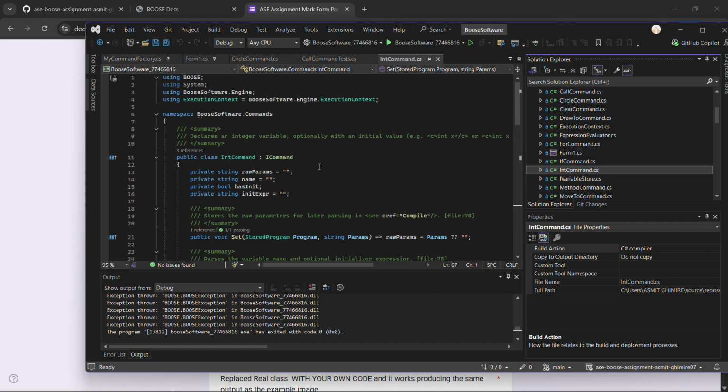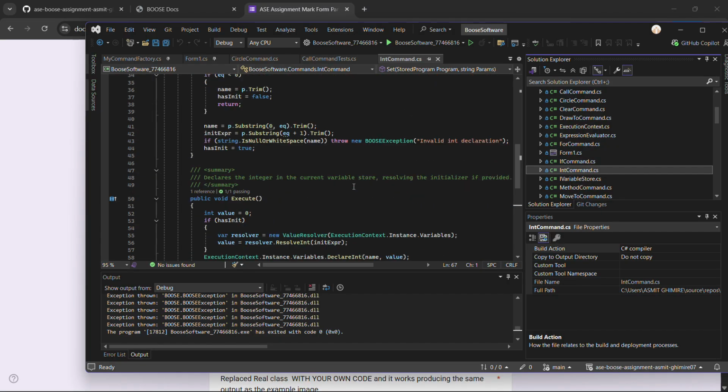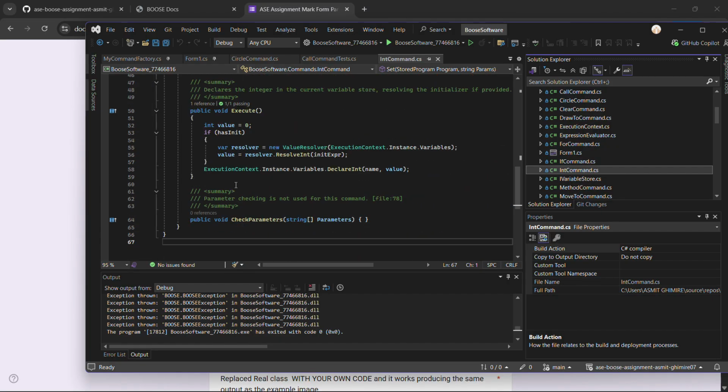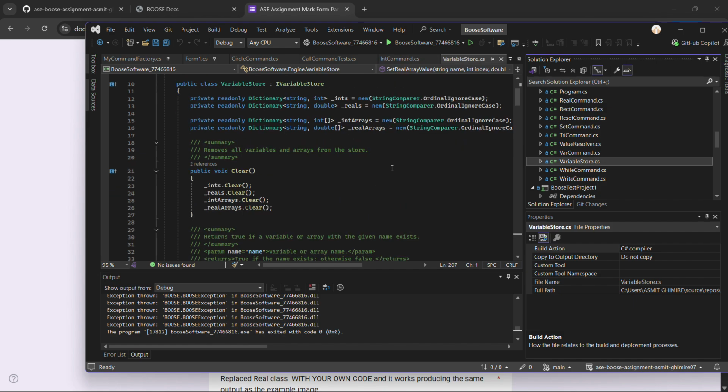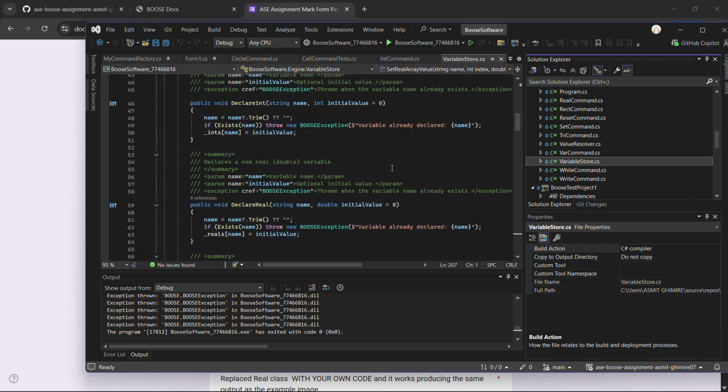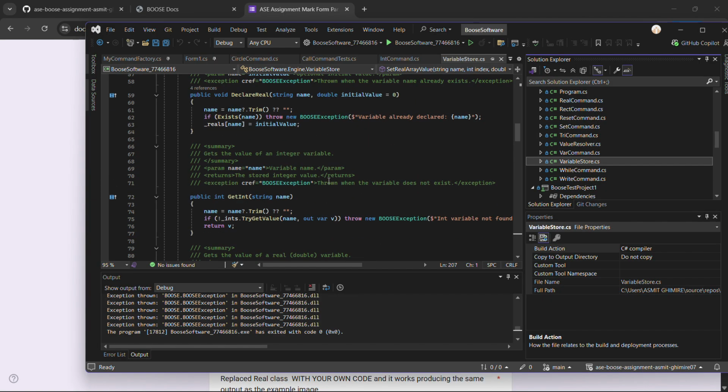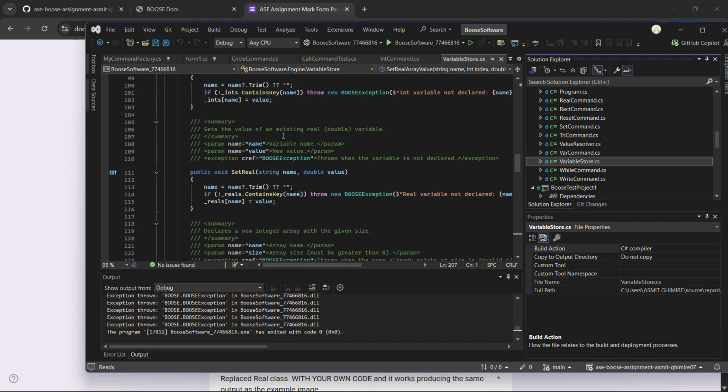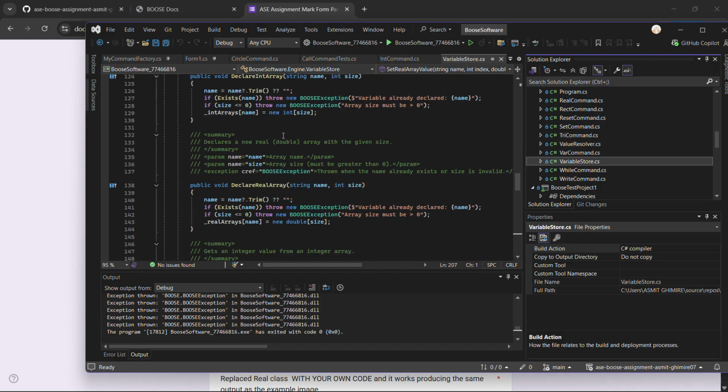My factory maps the int command to my custom int command, so when the parser sees a line starting with int, my factory returns my own int command. Then the execute method resolves the values and stores them in the variable store class, which has these methods for declare int, get int, and set int.